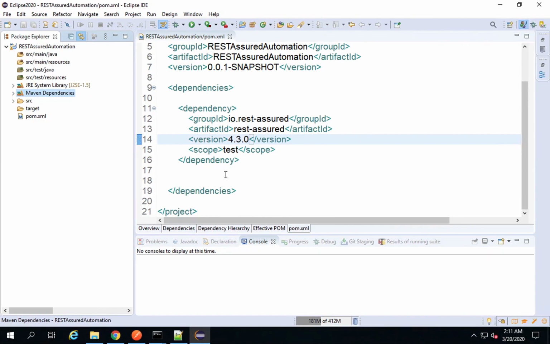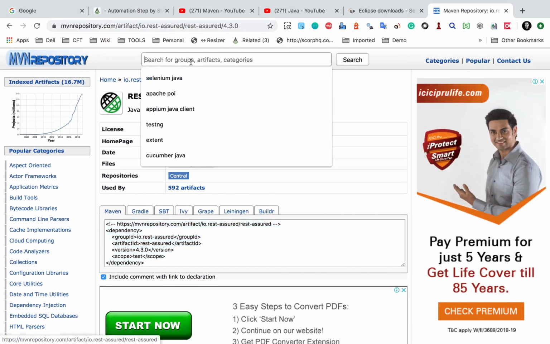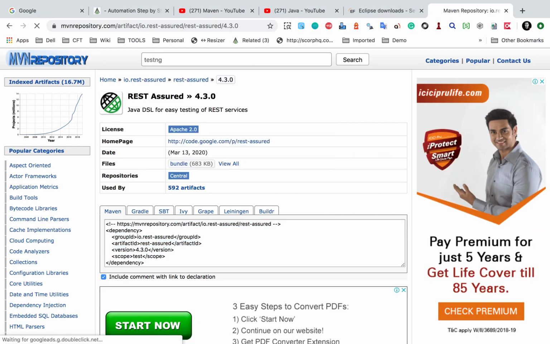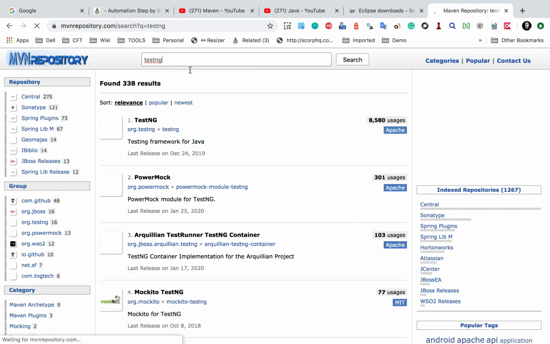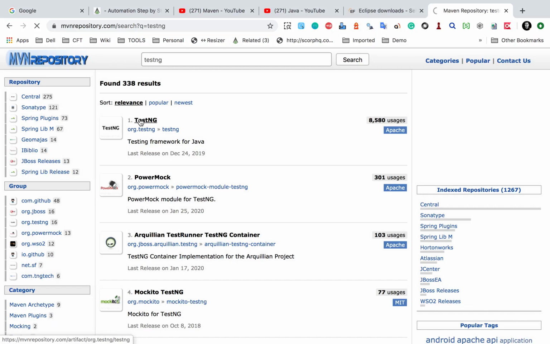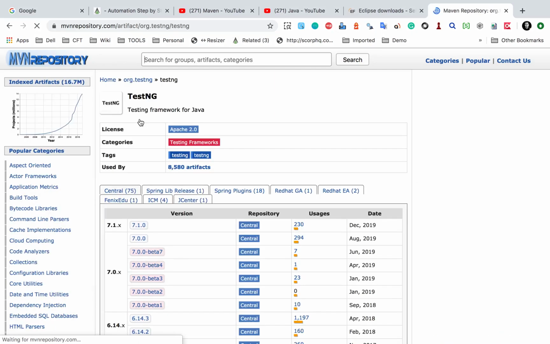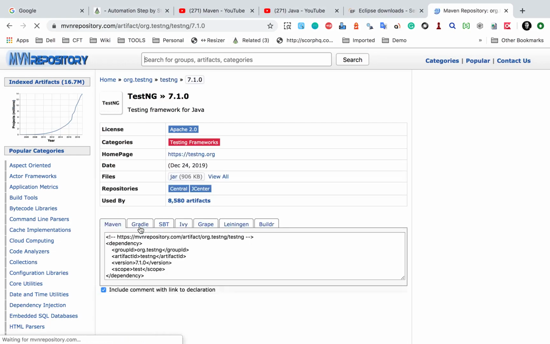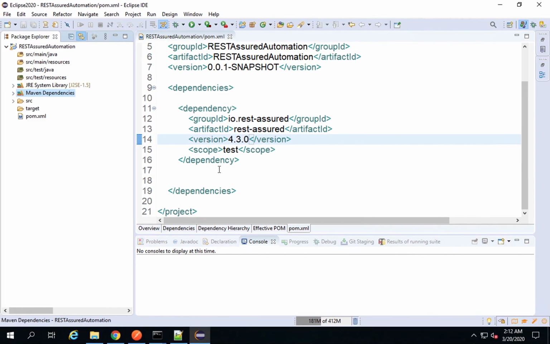We also need testng dependency. So if I again search for testng, it is the testing framework that we will need. You can see, we have to take this org.testng. I will go here and get the latest one, and I'll copy the Maven dependency and add it here,